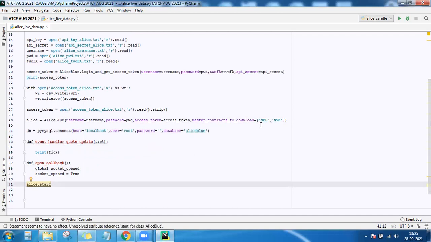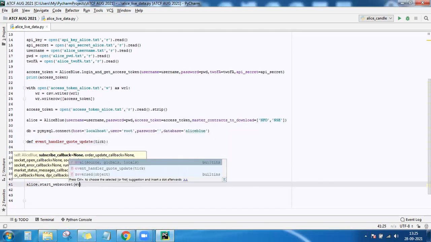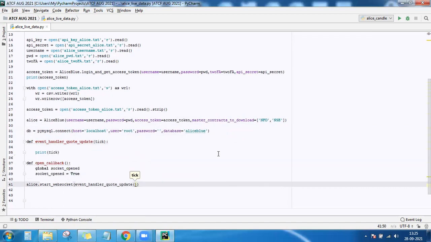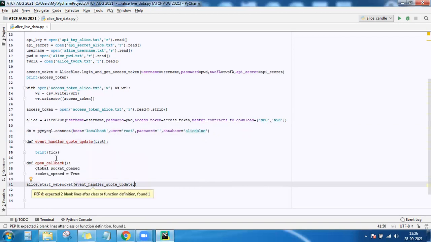Now start the WebSocket. Allies.start_WebSocket. This takes the event handler quote update. So when the WebSocket is started, it will check for whenever it gets the data, where should it send? So that function name you are giving it here.